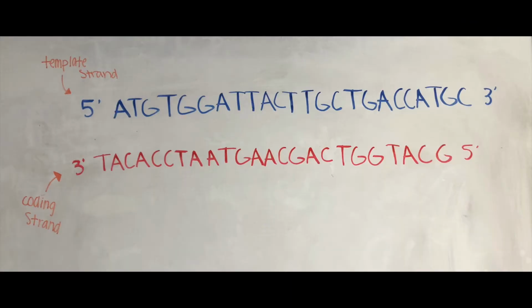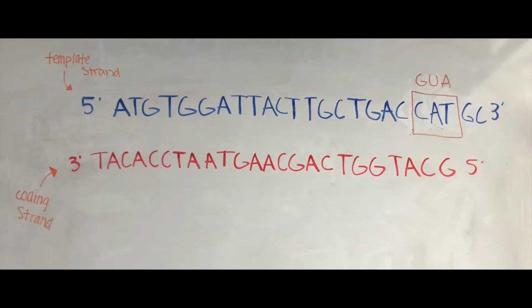Based on the information given, we can see that the top strand is the template strand and the bottom strand is the coding strand. Next, we need to identify the reading frame and find the start codon. AUG codes for the amino acid methionine and is the start codon that will be the start of the 4-amino acid protein upon transcription and translation.